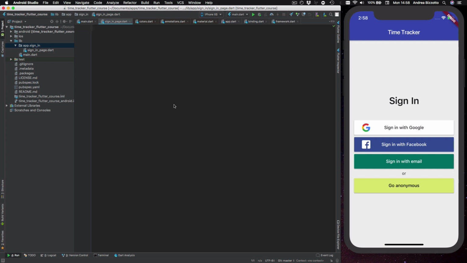We are now ready to start writing the code for our sign-in page. So the first thing we're going to do is to create a sign-in page class as a stateless widget in the same way that we've done before. So here we're just going to use the Android Studio template for stateless widget, and we're going to name this